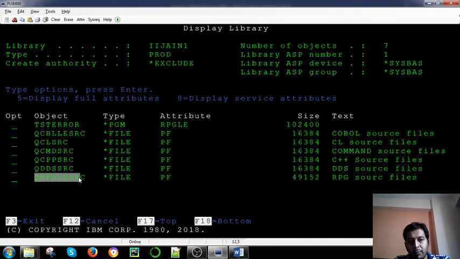Now in this QRPGLESRC there are two sources right now, so the size is increased to 49152. That's why, when members are added in these source files, the size increases. And this is the actual size of the PGM object when the program is compiled. So DSPLIB is the command with which we can find out the size.